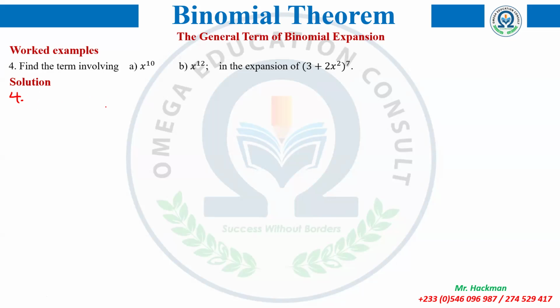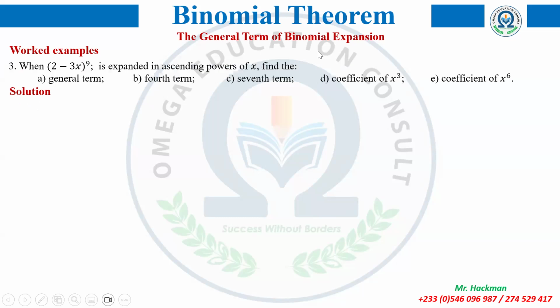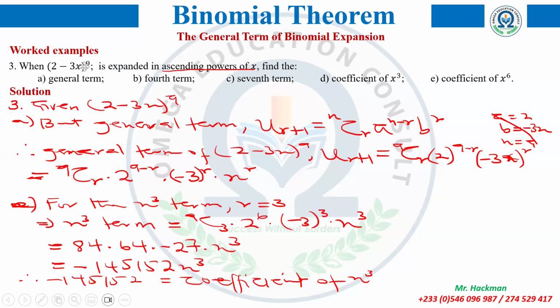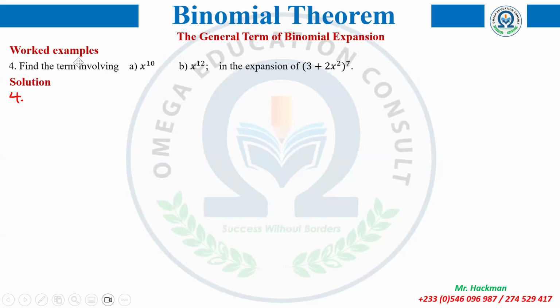This one you can see that so far in all the questions we've done, the binomial has had x with the power 1. But this time round, that is not 1. So let's see what is going to happen and how best you deal with your algebra. If you understand what you've done so far, you will know that's how you are supposed to deal with it. But nonetheless, so given,